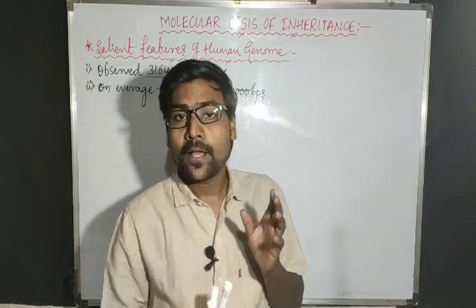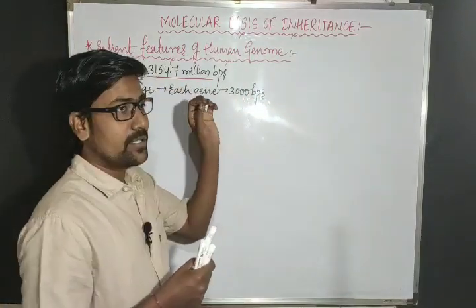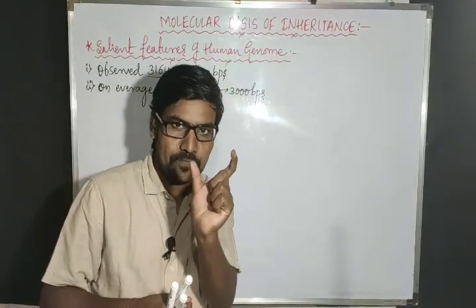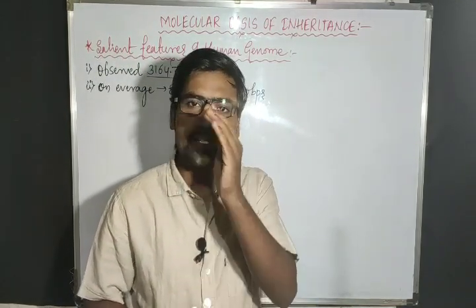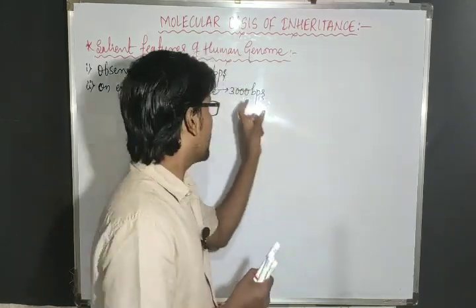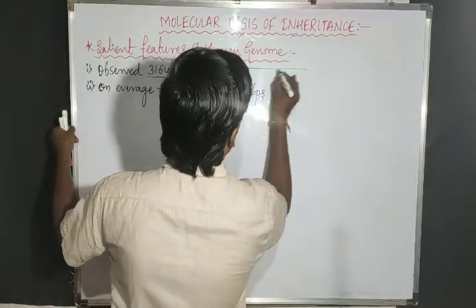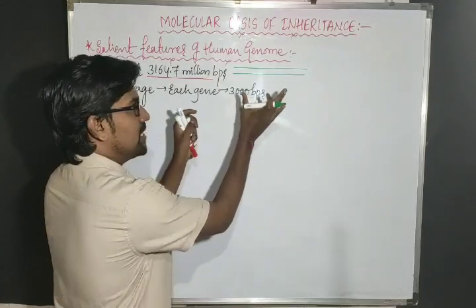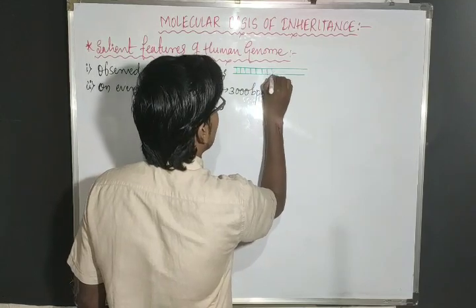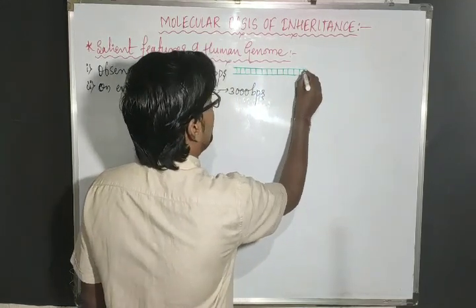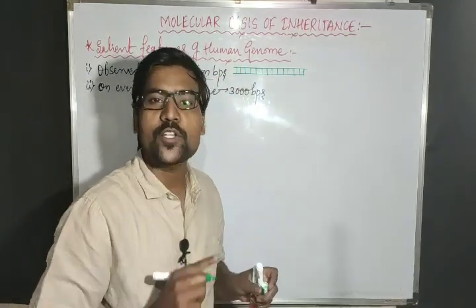Let me tell you, many genes are present, and a gene is nothing but a segment or piece of the DNA. DNA is nothing but a group of base pairs. Say for example, if this is the DNA, imagine this much piece of the DNA is one gene. In this gene all of these are base pairs, right? So the base pair group, the base pair assembly, forms one gene.